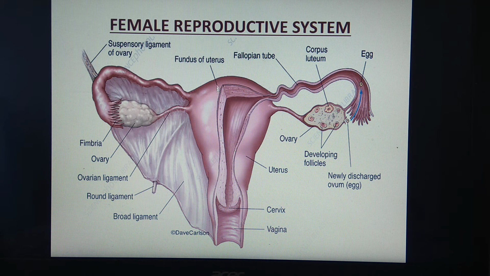This uterus also consists of 3 parts. Upper part is called as fundus. This much part is the fundus. This middle part is called as body or the corpus, and this lowermost part is called as cervix. We will see the fundus first. It is upper dome-like structure. Middle part is called as body, and the third part is called as cervix. Observe the diagram. I'll explain it again.